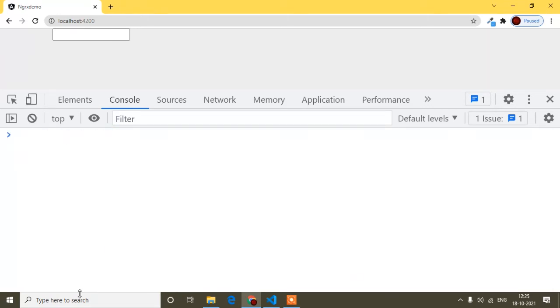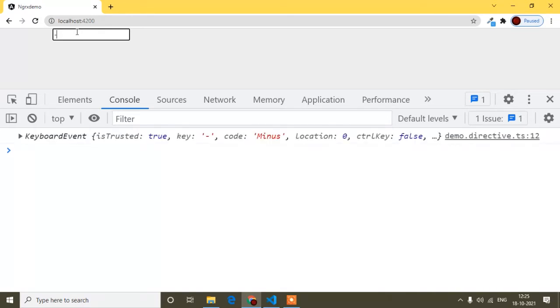Now I hope it's clear. Now I have to restrict minus, I mean negative values. I cannot give the user permission to press minus, so when the user presses minus, at that time I will restrict it. So how can we do that? Negative values start from minus, so when the user presses minus, I have to block the event, I mean the user cannot press anything when pressing minus.